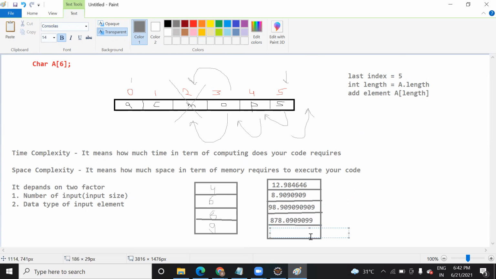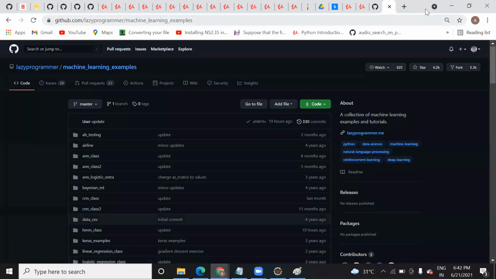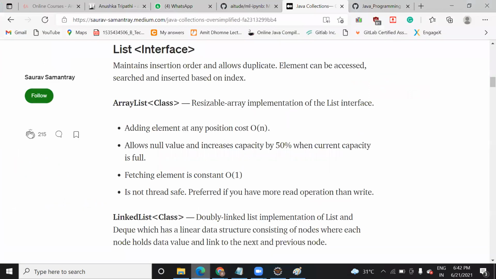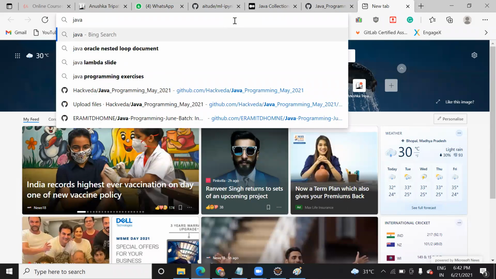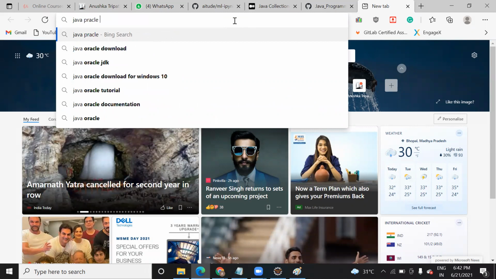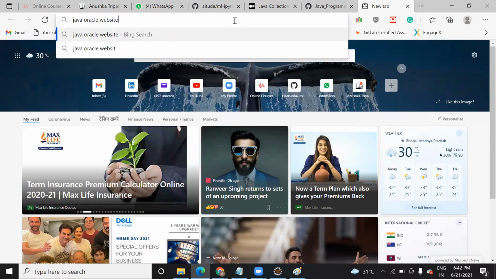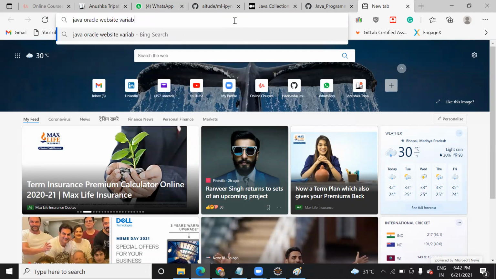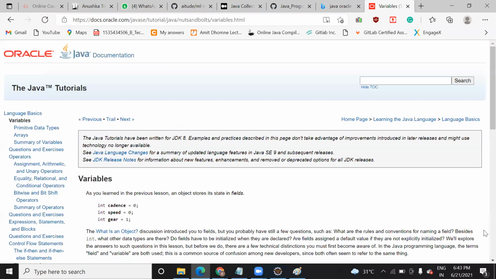If you have a doubt, you can check it also. I'm not asking a question-answer; I just wanted to check it. Anything that you want to check, just check the Java Oracle website. Yeah, it's 8 bytes for double, and float will be half of it, so 4. Integer is 4 bytes.